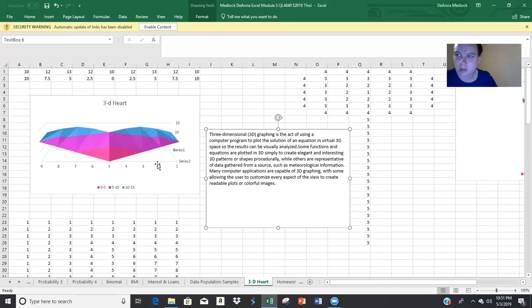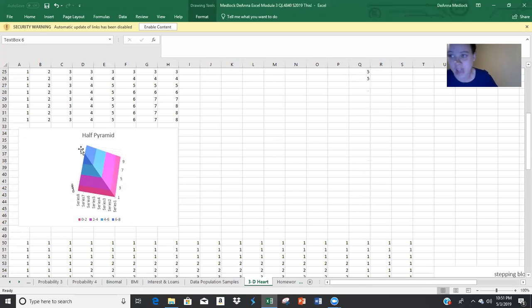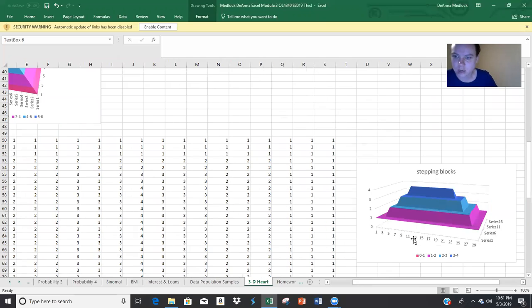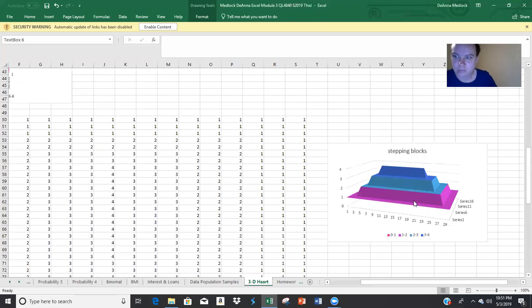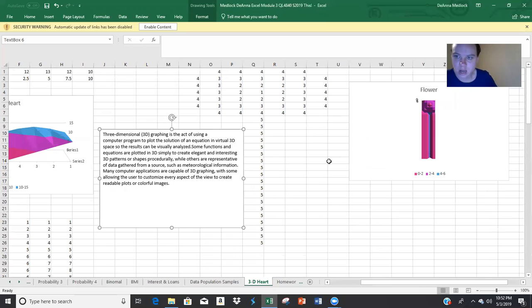My first one I plotted was a 3D heart. And then secondly, down here, I called it a half pyramid. Third one I did was actually Benzi's example, but I just considered that a stepping block. And then I was trying to be creative up here and create a flower. And so here's my flower,